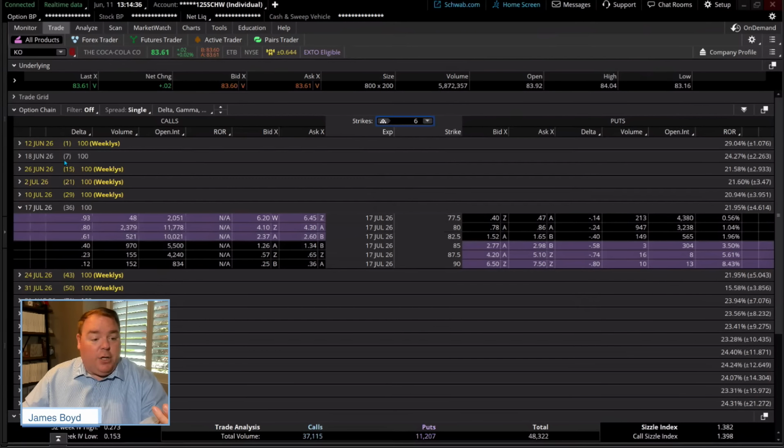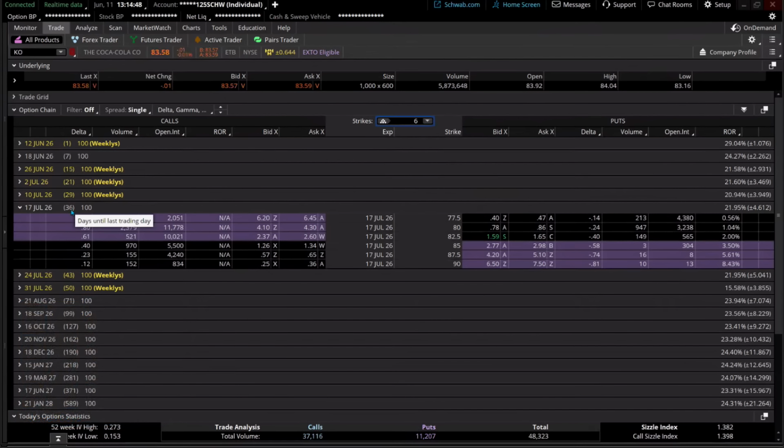Now, we're not going to do 7 days to expiration. This doesn't give a whole lot of time for the stock to go up or down or trend in general. What we're going to do is buy the July 17 with 36 days. The minimum that we would look at is 20 to 50 days expiration. For the most part, 50 days maximum, okay? If we went longer than 50, which we don't typically talk about, we might even talk about long-term LEAPS, et cetera, but we're not going to go there.